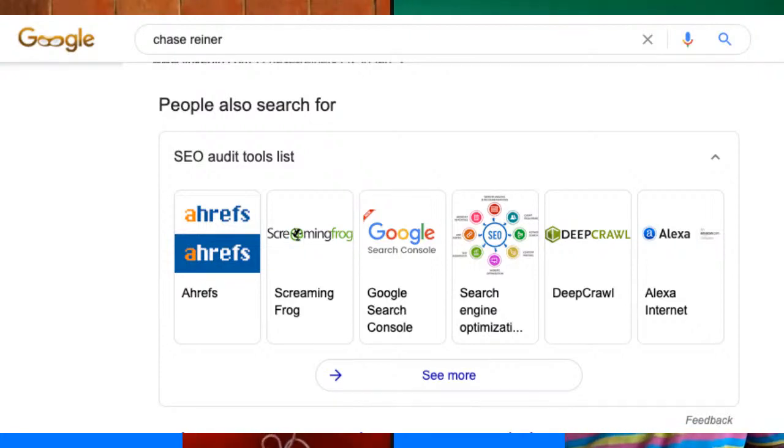Oh my gosh. Unfortunately for you, the first one is Ahrefs. And SEMrush are just down the other end, just beyond Alexa. Oh. And it's all SEO audit tools. So, Chase, you audit SEO and you're heavily associated with Ahrefs. You're not happy about that, are you? Look, I love Ahrefs as a tool. I think they're great. I would like to have a little bit more of a relationship with them for sure.